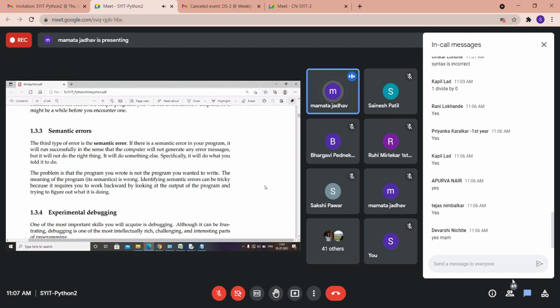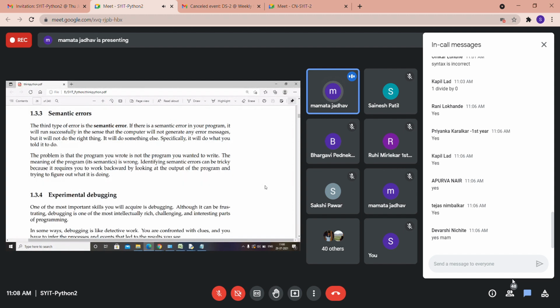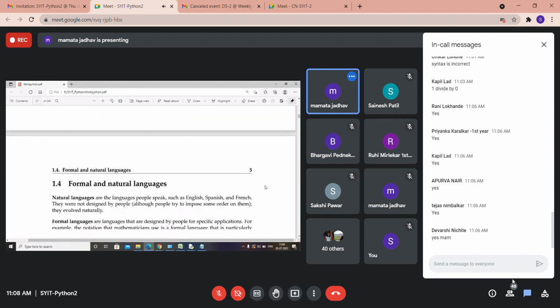The problem is that the program you wrote is not the program you wanted to write. The meaning of the program, that means the semantics, is wrong. Identifying semantic errors can be tricky because it requires you to work backward by looking at the output of the program and trying to figure out what it is doing. So you have to be very careful about that.